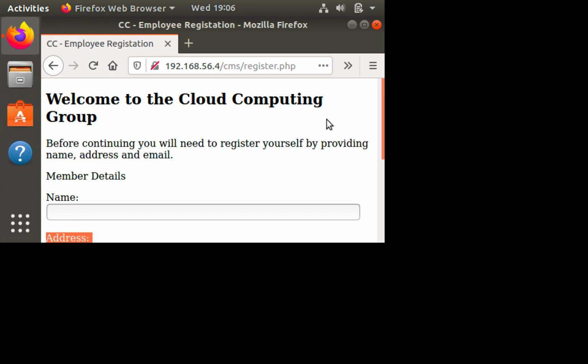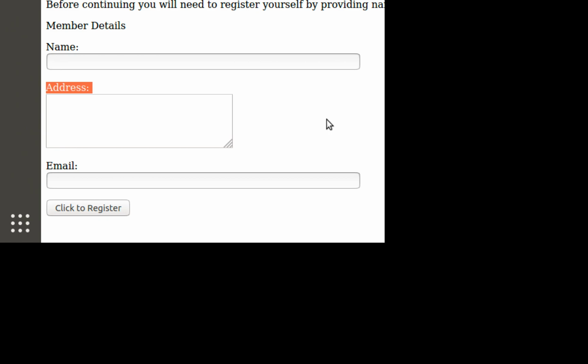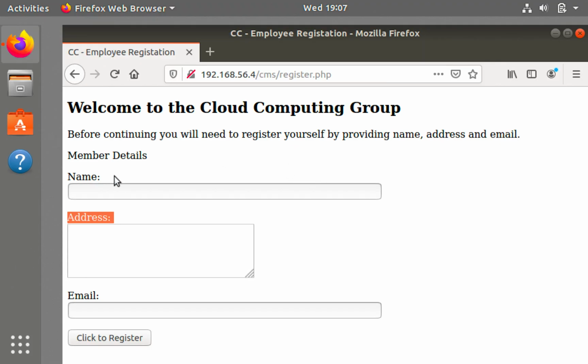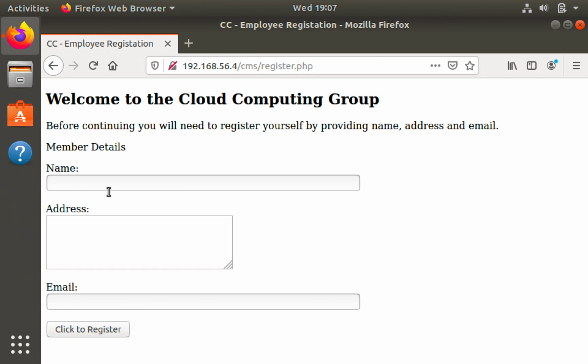This is a little slow, the reason being less memory. Just bear with me, it will take a few minutes. Okay, it's there. What we'll do now is make an entry. This will go into the database that is hosted on virtual machine 2, guest 2, and then we'll see if the entry has been made into the database or not.